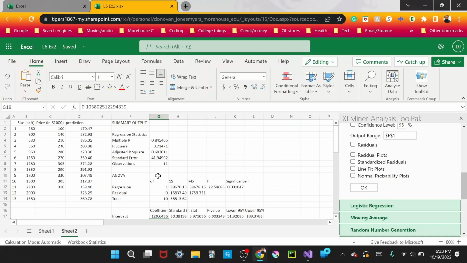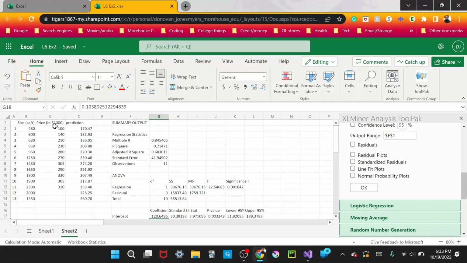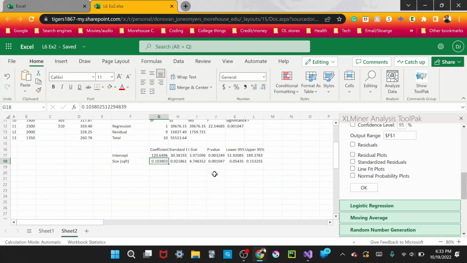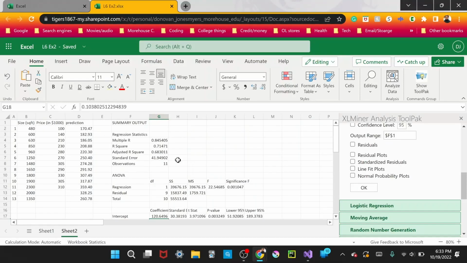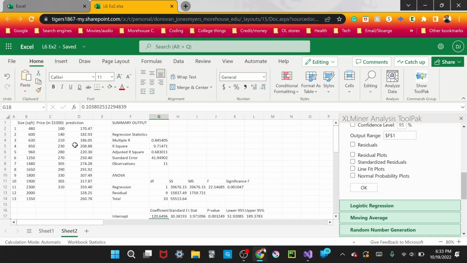So in this case, each square foot is 0.1038, so forth, 1,000. So that is showing a positive slope up that way. Yeah. And if you were to use these cells to make an equation to calculate the prediction, you would get this here,